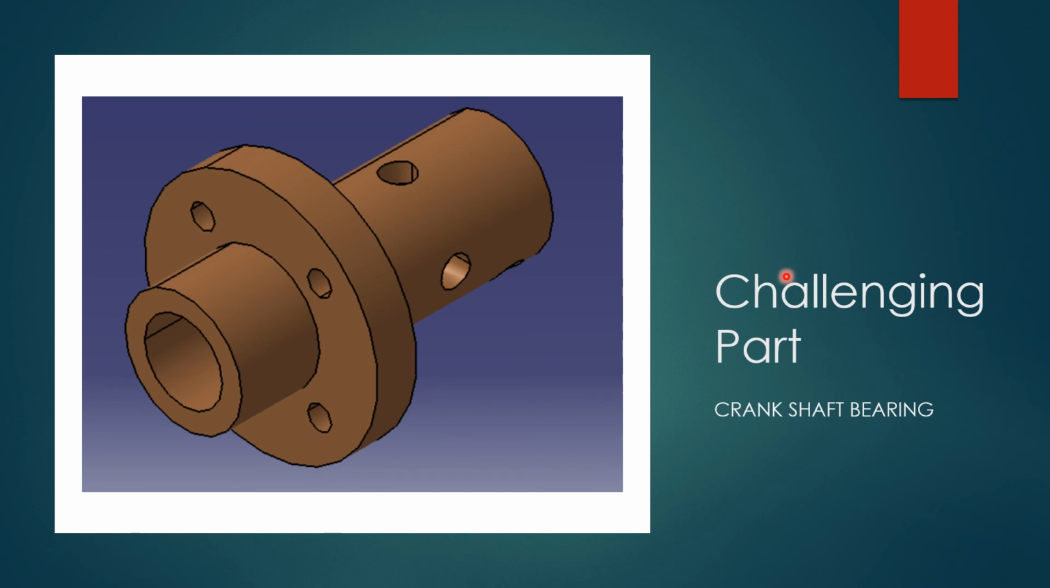So the crankshaft bearing is one of the parts in the previous assembly. As you can see, this was one of the challenging parts because of the way the holes were placed on the shaft, and also while making the assembly, one of the holes did not align with parts from other assemblies in order for the flywheel to move, so we had to